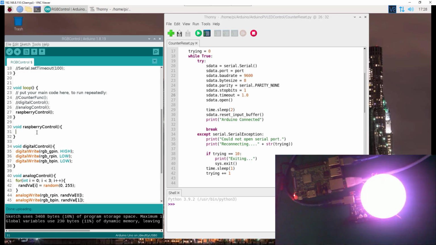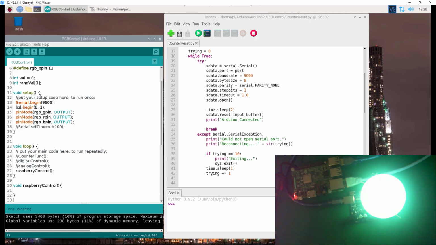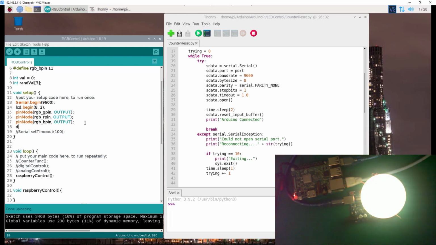Right, so in this function here, we need to check if the serial port is available, right? If there is data in the serial buffer or the serial stream. Now, because we're going to use a serial begin connection here, it's important that we include a delay just so that we avoid problems. So I'm going to add a delay function just to make sure that we give some time to allow connections